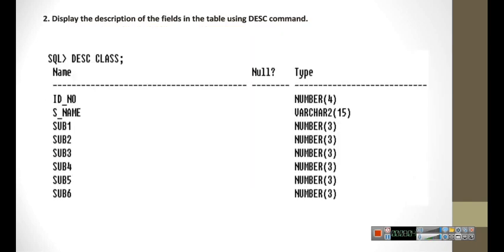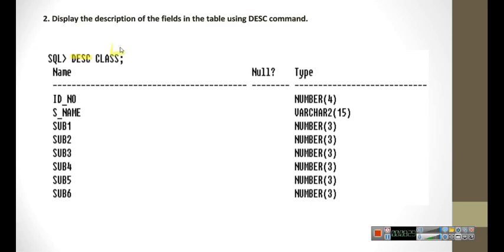So next question is to display the description of fields in the table using the DESC command. You are going to use this command to see the table contents. The command is DESC and class.